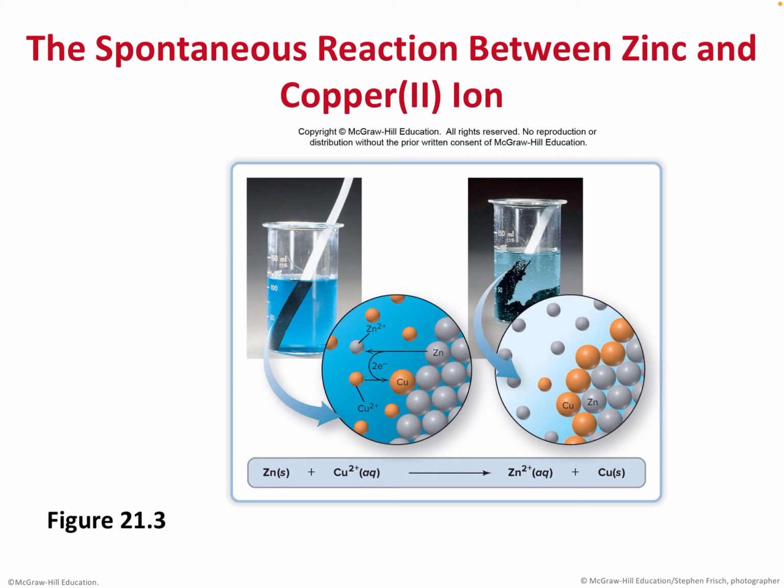So zinc is a solid. So zinc is this strip, and this blue color solution is copper nitrate. Zinc is being oxidized. Zinc is giving 2 electrons, so zinc will become zinc 2 plus. The 2 electrons that are being lost will be taken up by copper 2 plus, and copper solid is deposited